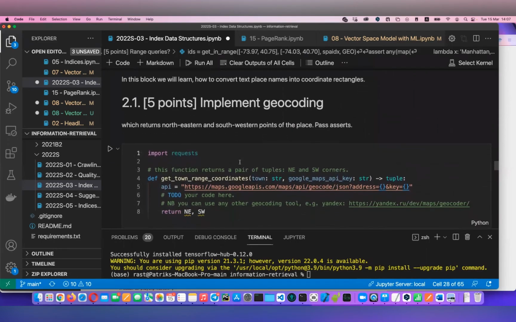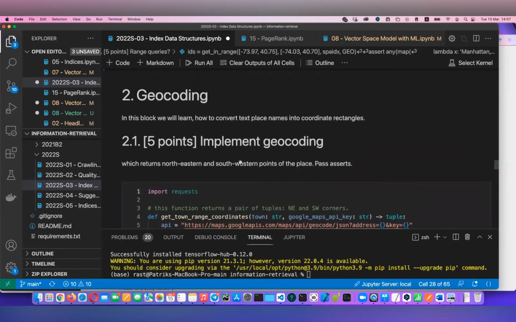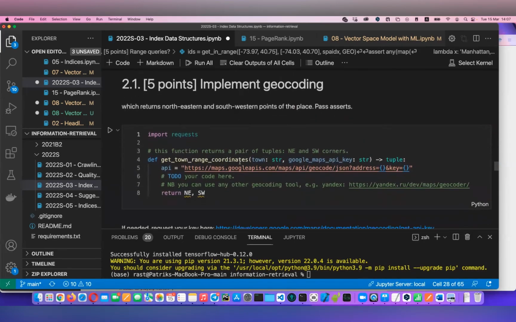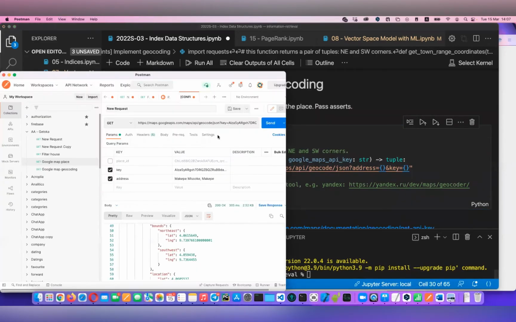Another thing is about the geocoding. Now we want to convert a text, so you give a place and we convert it into coordinates that we store. If I'm given, for example, Innopolis University in this query, it should return something. I think I had this somewhere here. So if my query is Innopolis